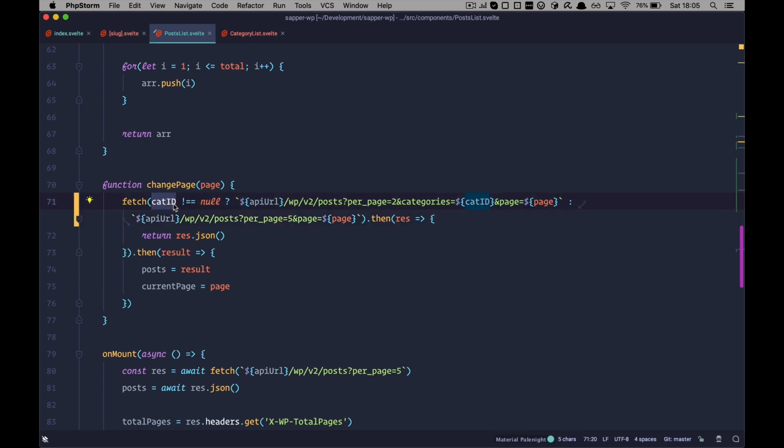It's very simple. We are checking if get ID exists, or rather, if it isn't null, then we want to call this API. So we want to call per page is equal to, and categories is get ID, and the page is the current page, right? And if we are on a home page, then cat ID does not exist, and we want to call that URL from before. This should actually make our pagination work as it's supposed to. So if I save this, go to our browser